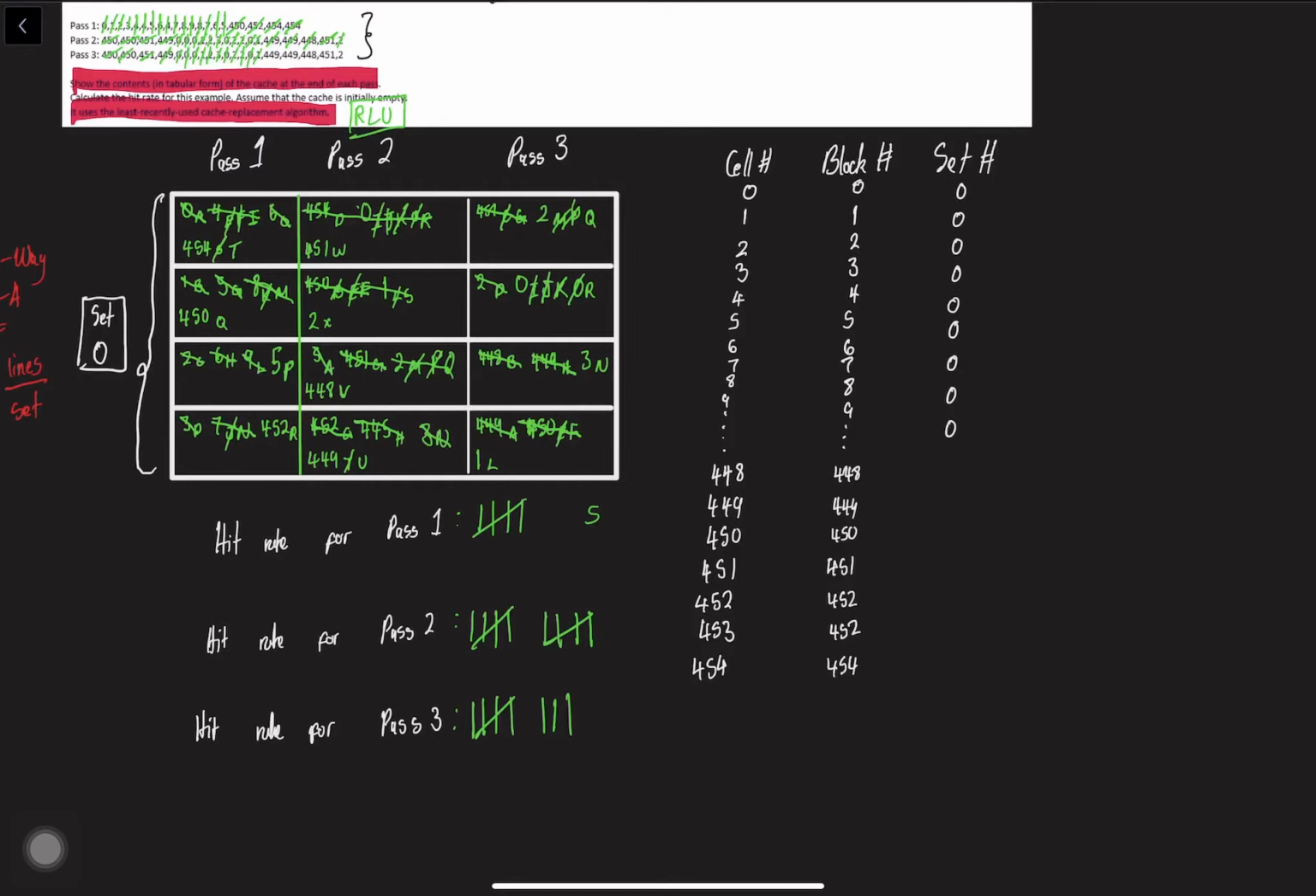We're looking for a 1. Well, 1 exists, so we get a hit, another hit. We get another hit, and we come in from R to an S. We go to 449. 449 does not exist. Least recently used is our N. We remove our N there, we put 449 there,